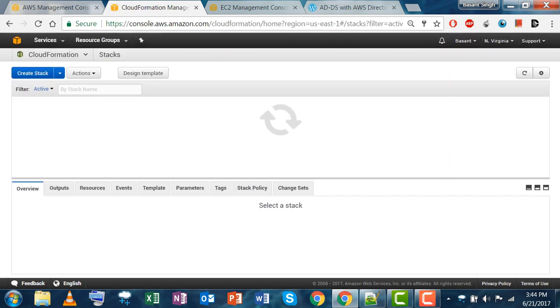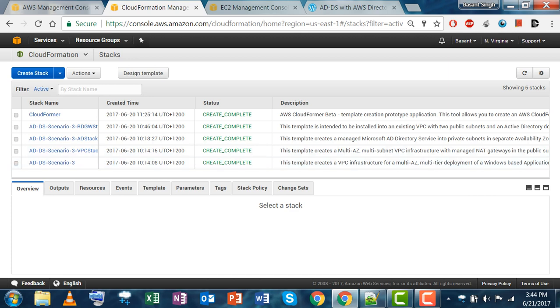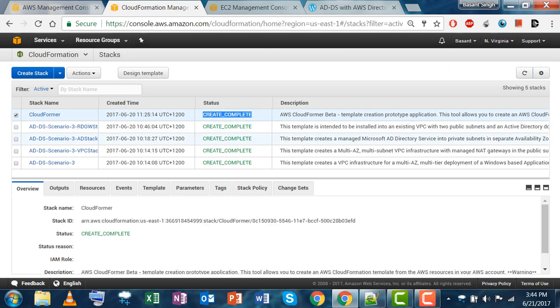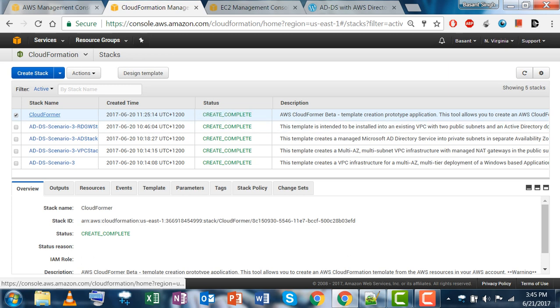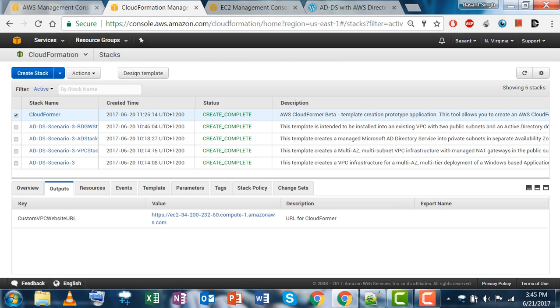As soon as you click on create, you will come to this page, and just click on refresh, and it will show the creation of the CloudFormer template. It will take some time to create, and once you see create complete, it means your CloudFormer template is created successfully. Just select your CloudFormer template and click on outputs, and you will see a link below. Just copy that link and paste it into a new tab in your browser and open that link,